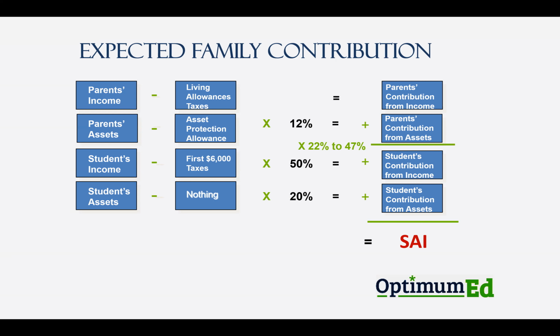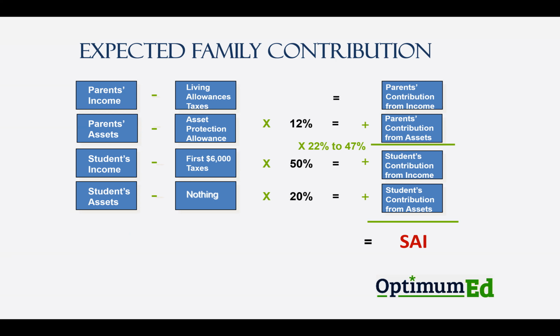And the same with the student. The first 6,000 of the student's income is free. There are, again, allowances for taxes. There's no allowance or exception to the amount that is taken from the student's assets in terms of the formula. So those four things come together to create that